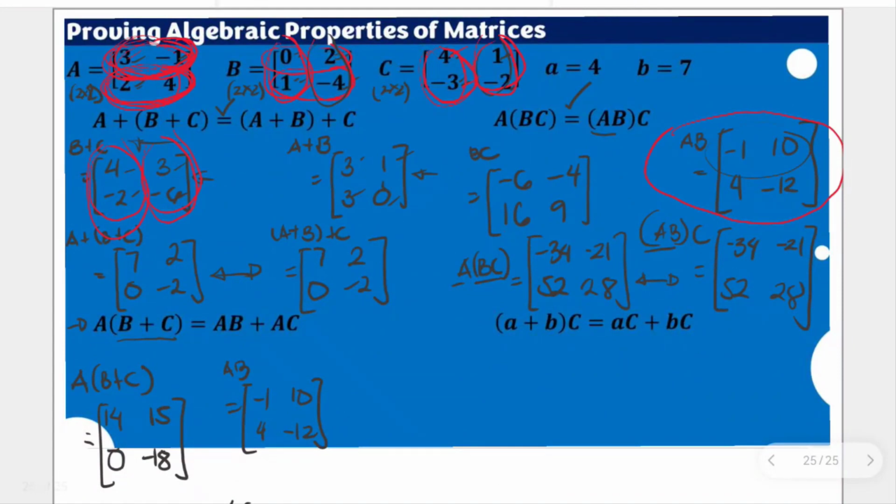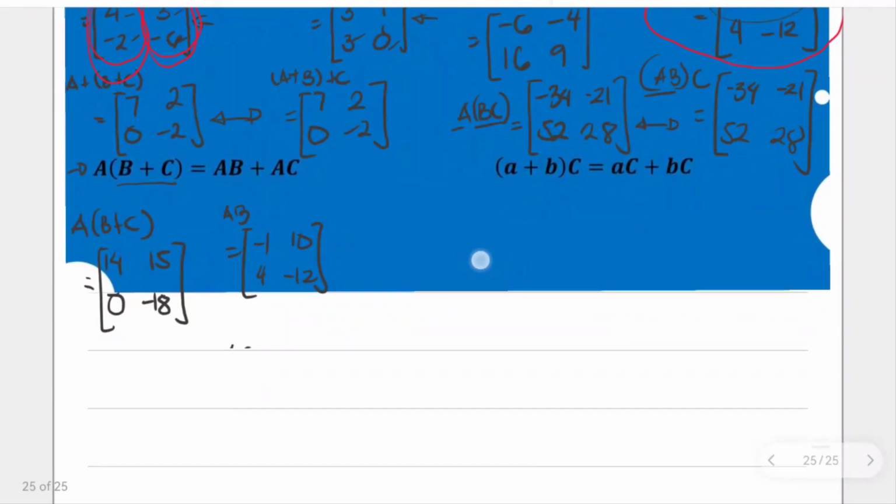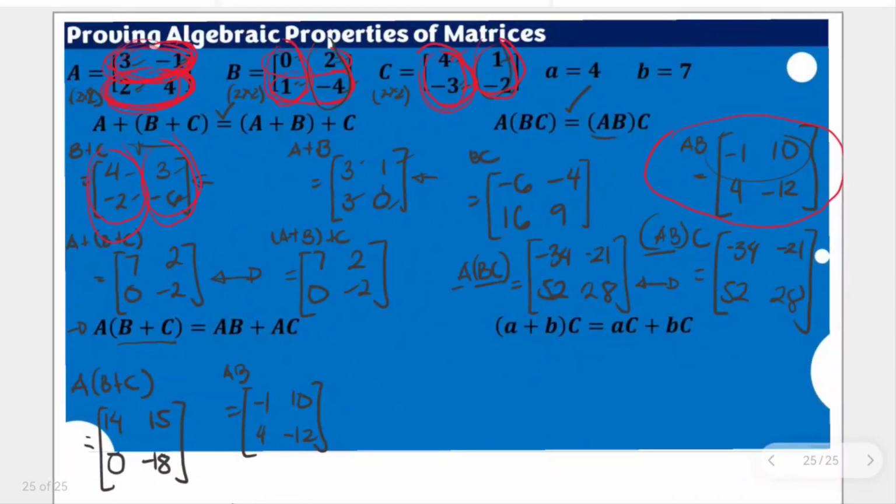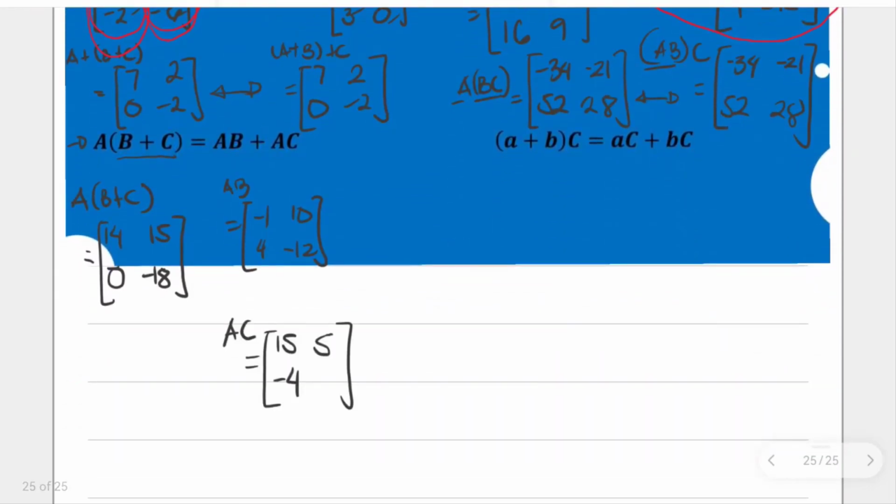Next, the second row of A, 2 and 4 against this. 2 times 4 is 8, 4 times -3 is -12, 8, -12, I have -4. And finally, for the second row and second column, 2 times 1 is 2, 4 and -2 is -8. 2, -8, I have here